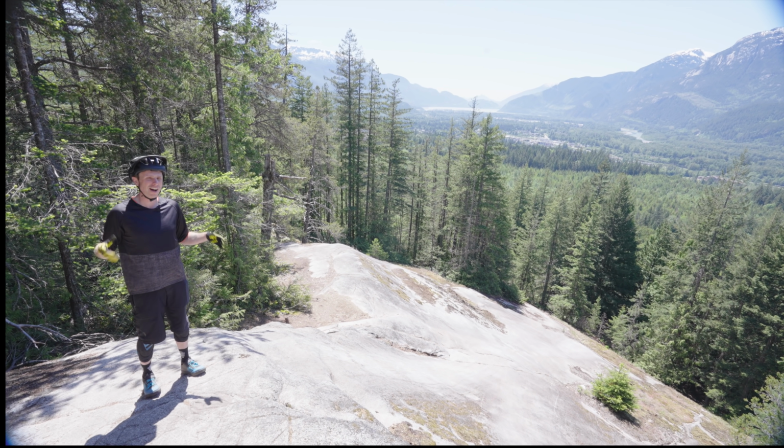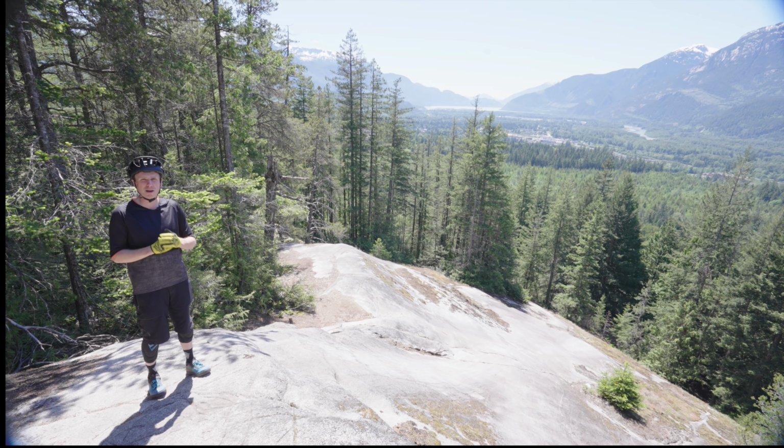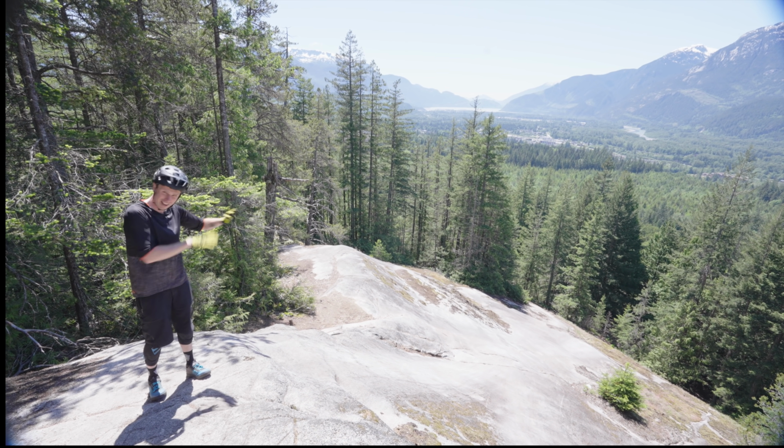And from riding Rupert, I can feel comfortable that it's going to be able to handle whatever this is going